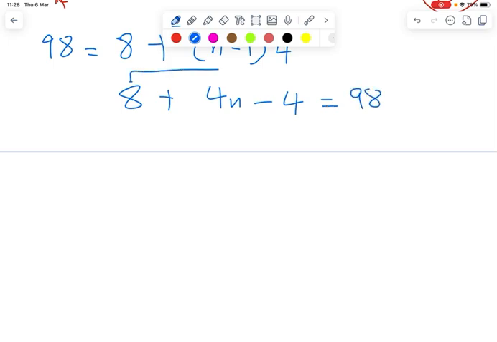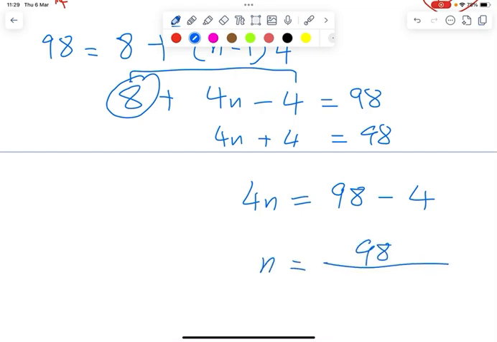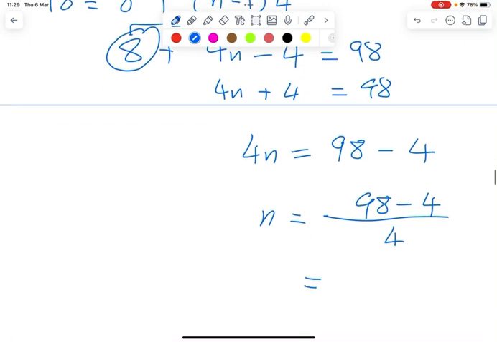So 8 minus 4 is 4, so plus 4 equal to 98, right? And you see 4n equal to 98 minus 4. Then n equal to your 98 minus 4 divided by 4. That will give you your